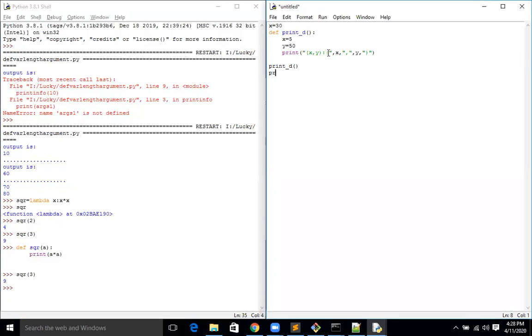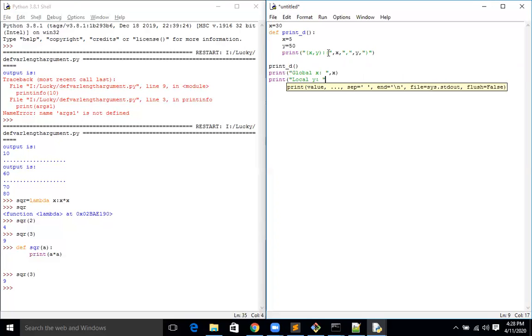Now I am printing that variable, like global x. Now I am calling the local variable also, local y.